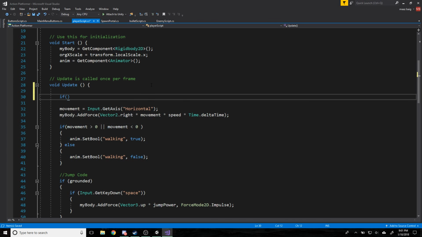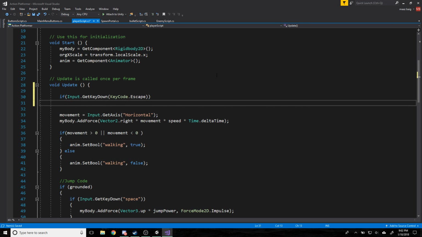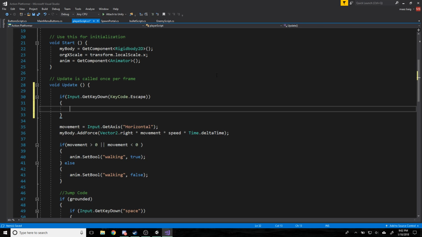Let's put an if statement, if Input.GetKeyDown, open close parentheses. We'll do the little quotes, actually we won't do quotes, let's do KeyCode.Escape. Then we'll open curly braces after this, and here is where the pause is actually going